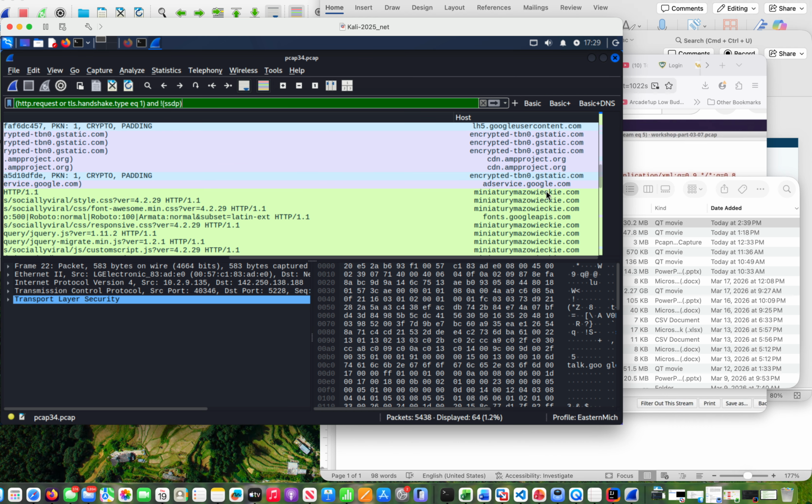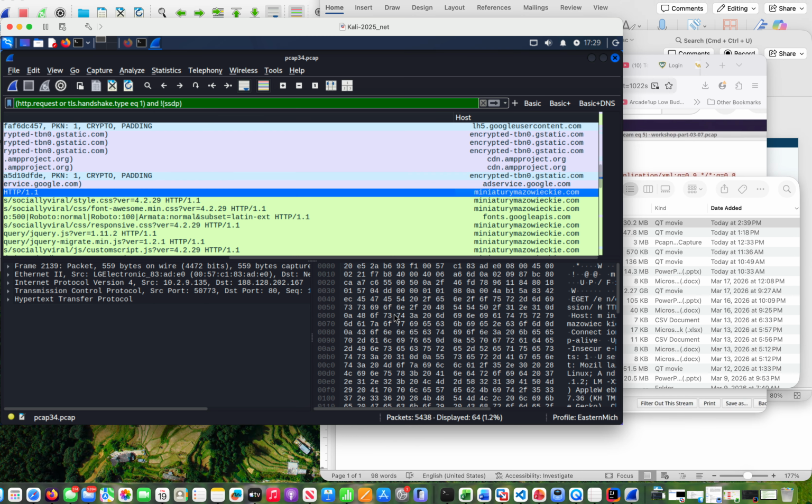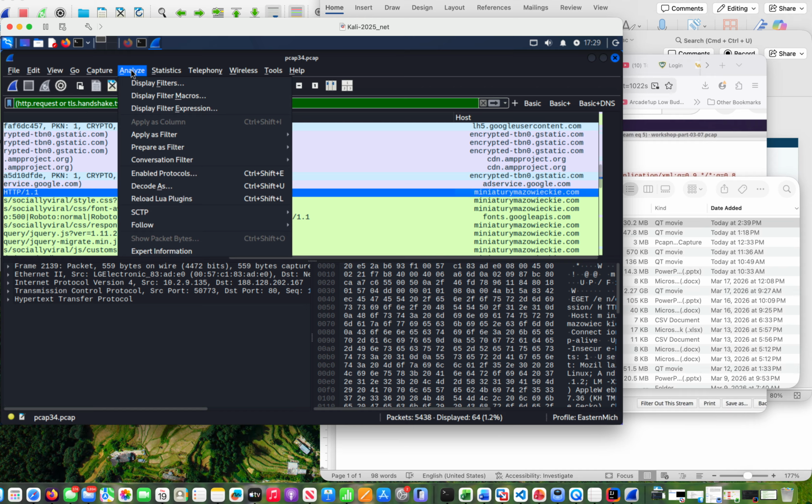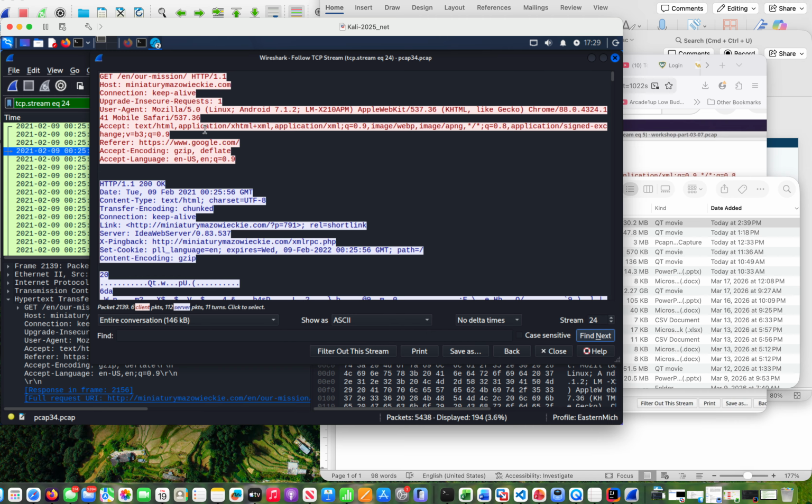And then let's go all the way down till we get to our first miniature Mazowski host right here. And we can see that if we go to Analyze, follow, and then TCP IP stream, we can see the user agent right here. And I wanted to mention that this user agent is showing an Android 7.1.2. And here we get a model number,